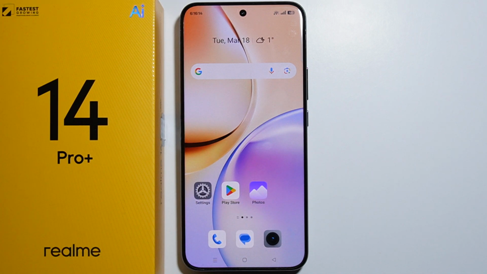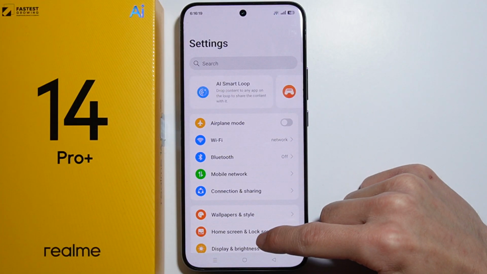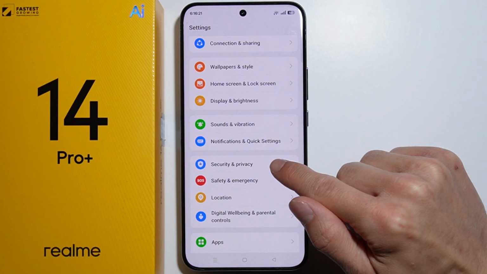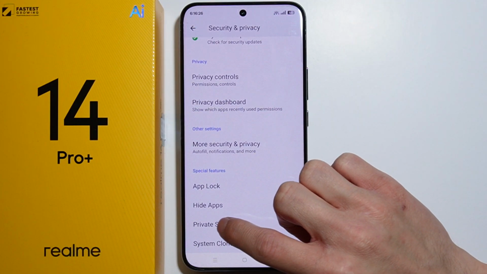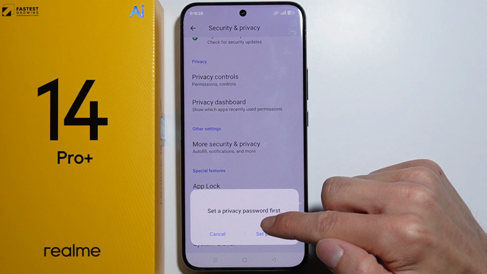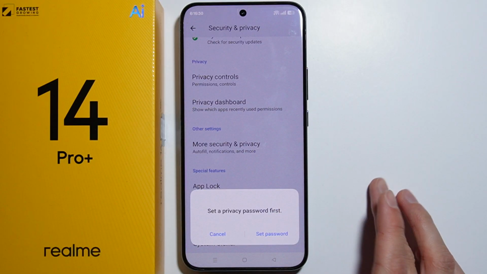To hide photos and videos on Realme 14 Pro Plus, first you have to go into the settings and go into the security and privacy right here. From here scroll all the way down and here is the private safe. So let's go in there and we have to set a privacy password first in case you don't have already